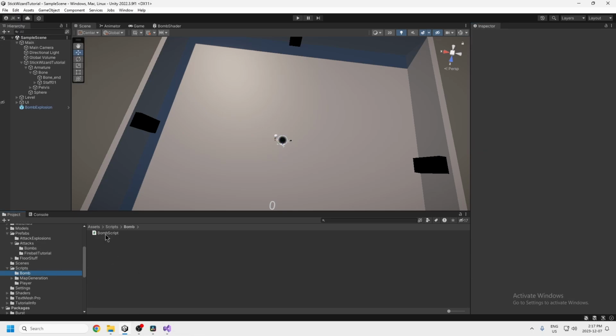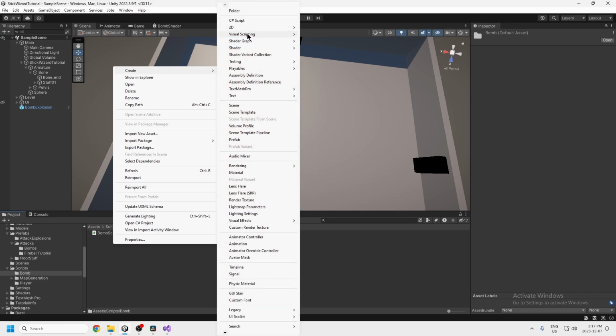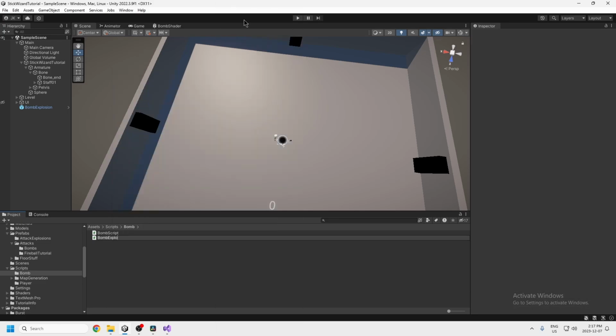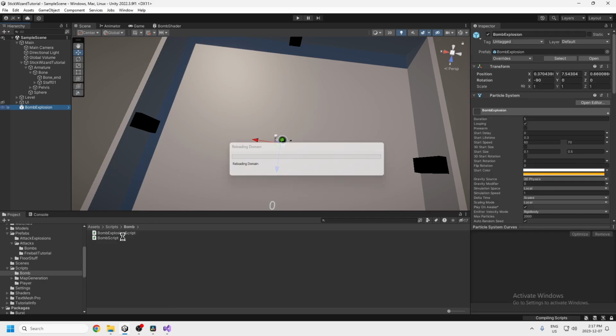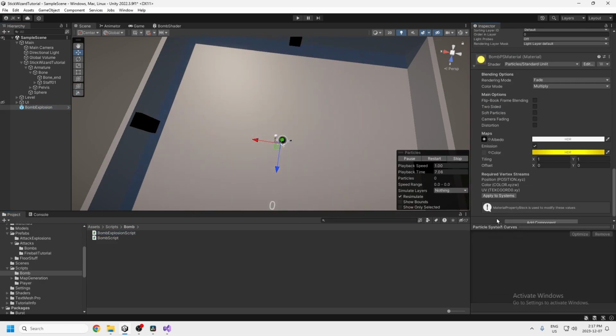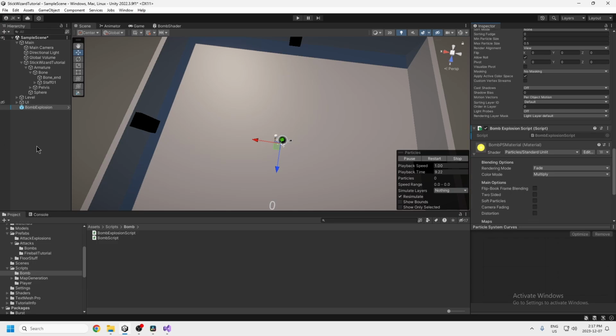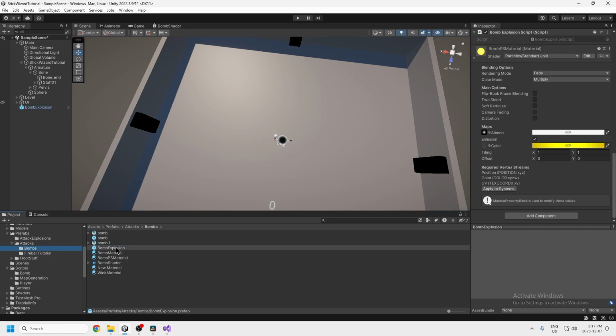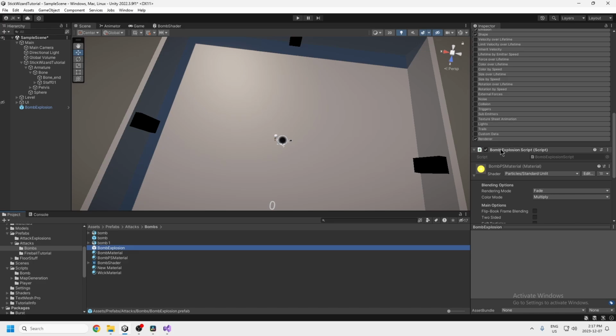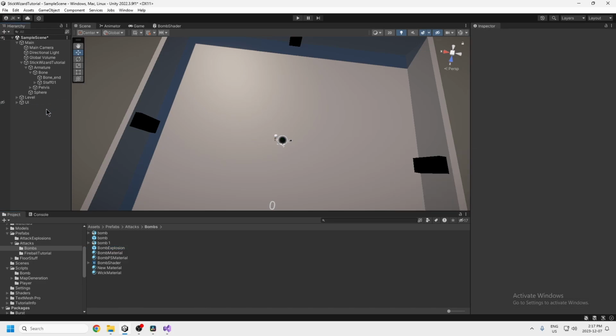Inside of our bomb folder, we're gonna make a bomb explosion script. This script will get attached to the bomb itself. So we'll drag this script onto the bomb here. And then in the bomb, we need to drag this explosion back into here, so that we make sure that the prefab has the script attached to it. So this script has to be attached to the prefab bomb explosion,